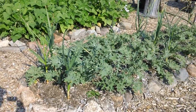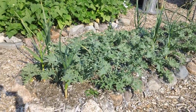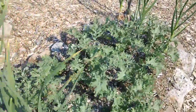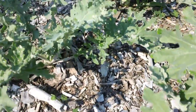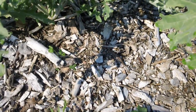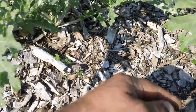You'll have to forgive the wind, but here's a kale garden. This is red Russian kale, and these are seeds that I saved myself. And if you look closely, the mulch is wood chips. And it's not even that thick, really. It's probably only an inch at this point. This is year 2 for these wood chips. And if we dig down,